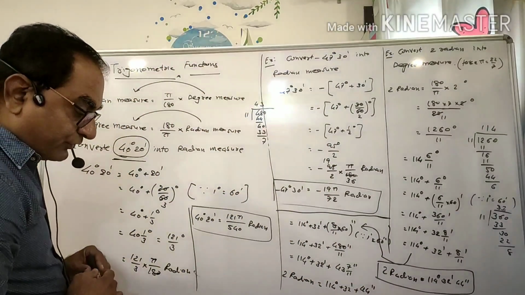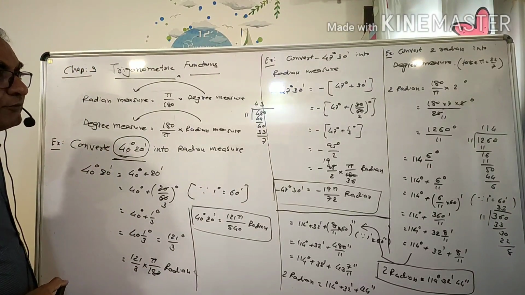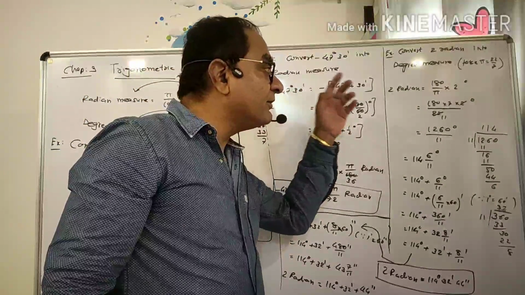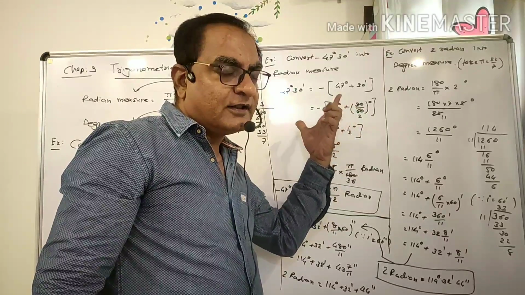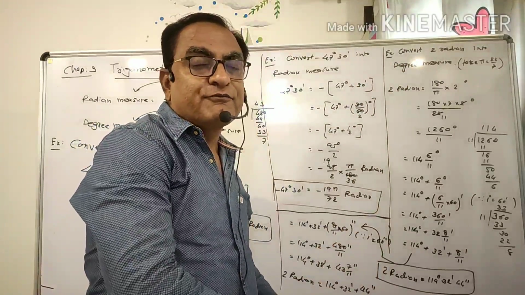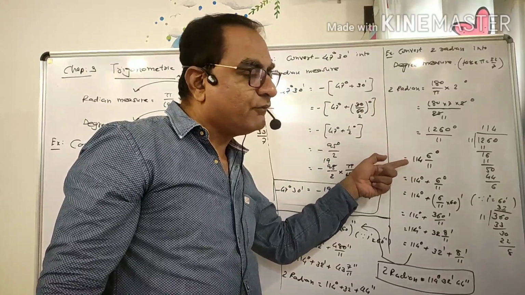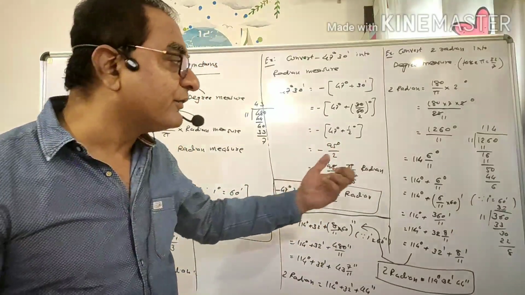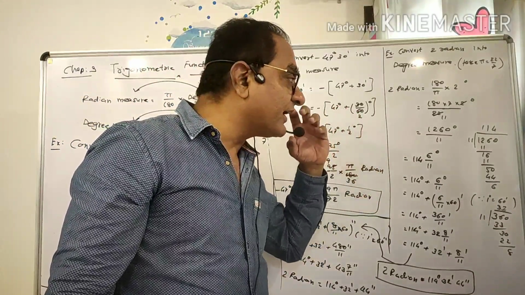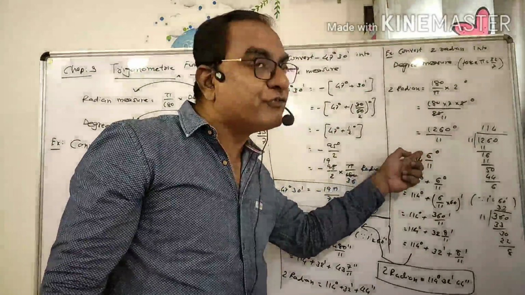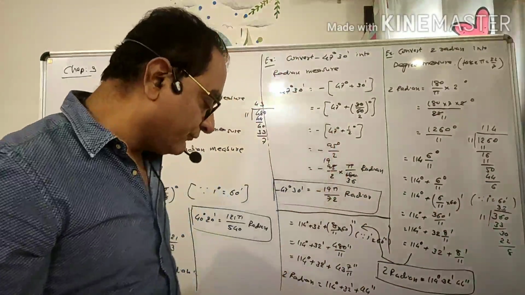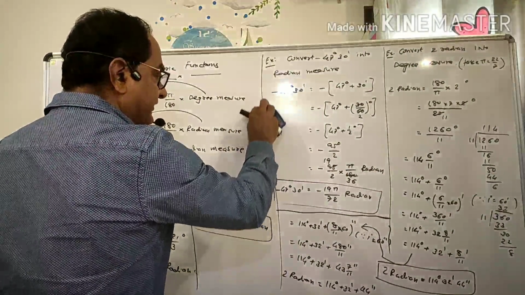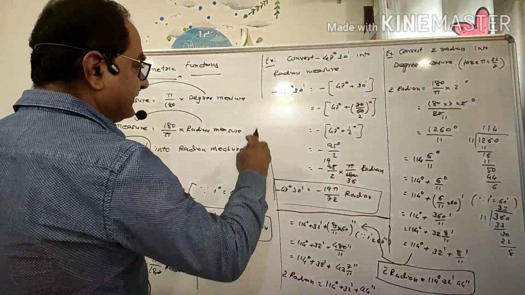So be careful about this example from radian to degree. If the radian is in terms of pi, then it is easier, that we have seen in the last lecture. But if it is not in terms of pi, then we will have to go further. If we are getting a whole number of degrees, then there is no problem. But if we are getting a number like 1260 by 11, which is not divisible, then we will have to go all this way. So be careful about this. I will show you one more example like this, so you can have a better idea.